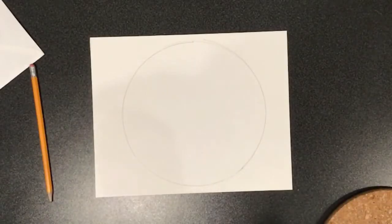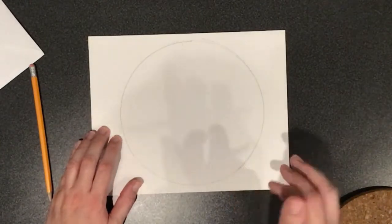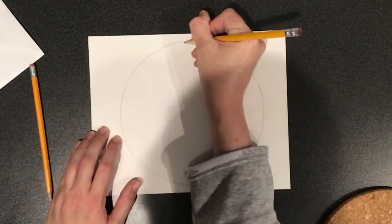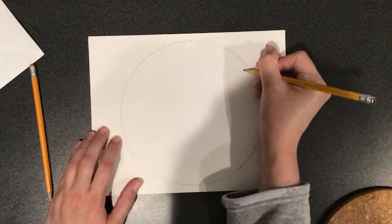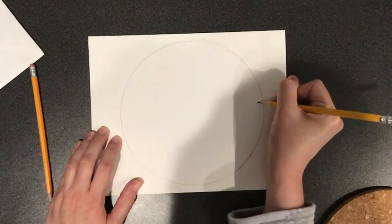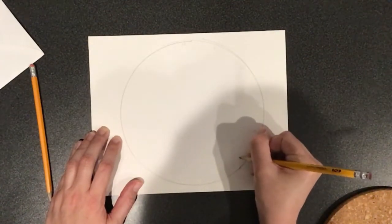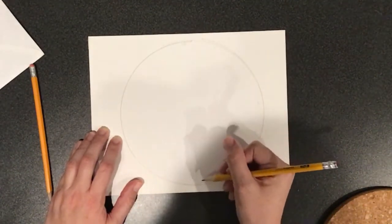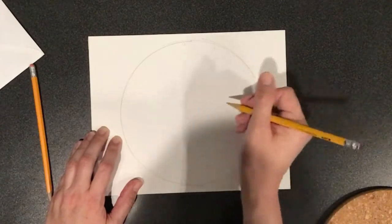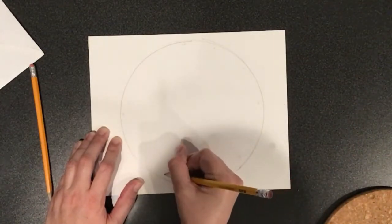Now that we have the circle traced, I'm going to label this like a clock face so I can divide it into 12 equal pie pieces. So the top is going to be 12, and I'm going to do this really lightly because I don't want to see it in the end. It's just to help me break this up into even pieces. So the trick is that 12 and 6 should be opposite each other, 3 and 9 should also be opposite each other, and then